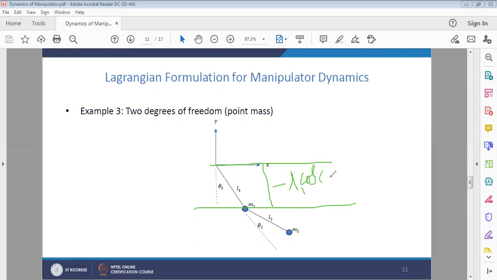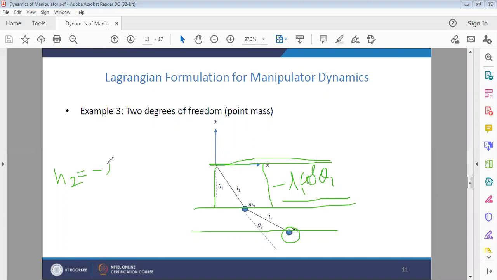The y coordinate of this point gives us h. Similarly for mass m2, h2 is equal to, from here to here, minus l1 cos theta 1